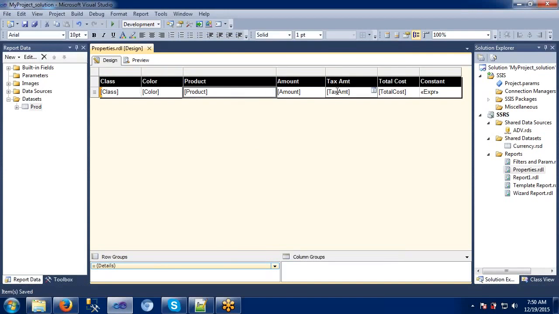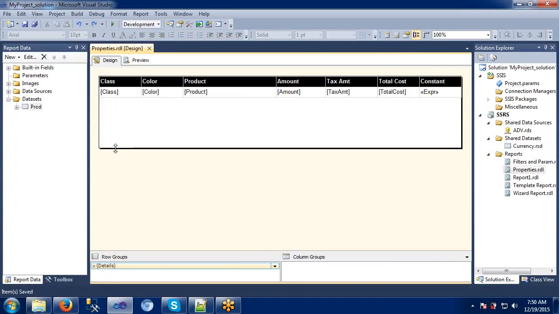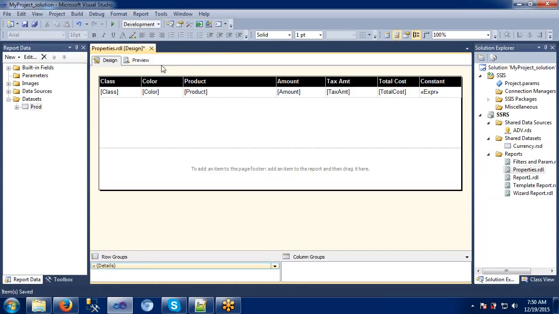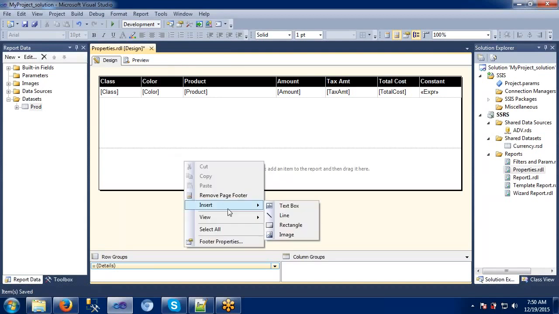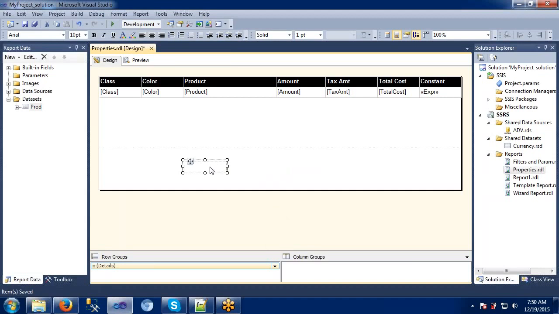For that, I would like to take some footer here, add page footer. In this, I would like to insert some text box.